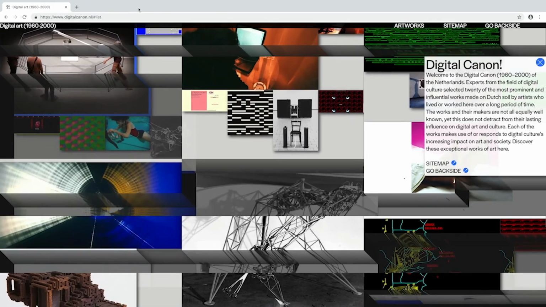20 canonical works made between 1960 and 2000 feature on this website, which includes images, documentation material, moving image, and text. On the backside of this website, you'll find articles and notes that give insight into how the canon came about and offers a platform to critical voices. However, the most important part is still this list of artworks, which are, in chronological order, The Censer from 1968,